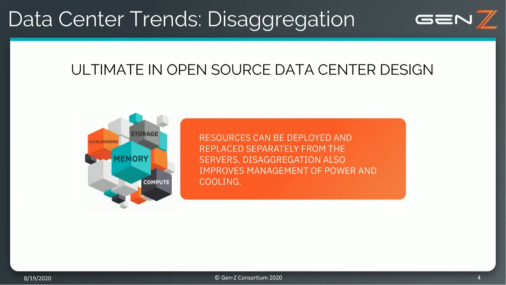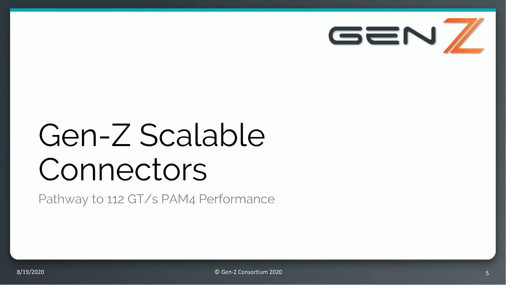This optimizes performance within the data center and helps to improve management of power and cooling within the ecosystem. So when we look at both of these trends at a very high level, both increased performance to 112G PAM4 and also disaggregation within the data center, Gen-Z, the flexibility of the fabric and the performance of the protocol really ties into these trends. So what we're going to look at going forward is how the Gen-Z consortium is responding